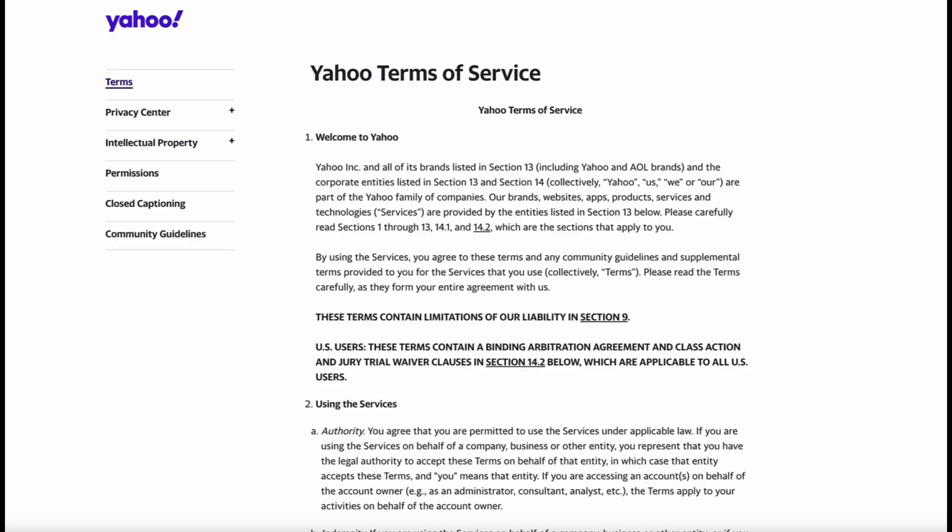That brings us into Yahoo Terms and Privacy Center. This is the page Yahoo sends you to when you click on the Terms link inside the pop-up. I know it looks like a lot, but don't worry. I'm going to walk you through this page one section at a time so you understand what you're looking at